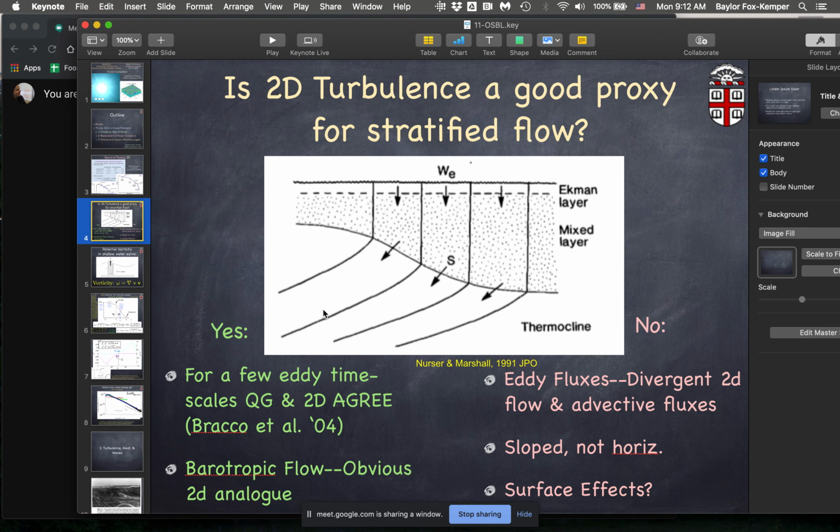And so the QG theory might explain the stuff down in the thermocline, but in the mixed layer where the isopycnals are more vertical, maybe we don't know quite what's happening there. And then there's also this Ekman layer, which we keep dodging, but we're going to talk about in a minute. So it's not so clear that there would be anything in this system that looks like 2D turbulence. We're going to come back to that theme after we talk a little bit more about the 3D turbulence that lives in the mixed layer, and particularly in the Ekman layer, and how to think about